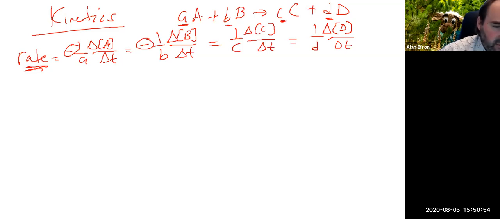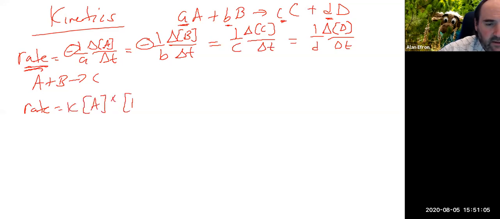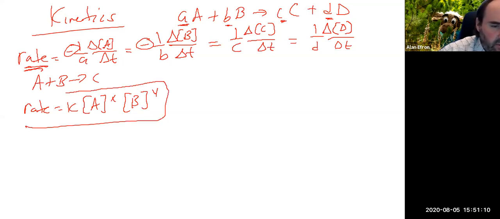We then talked about rate laws, and remember that when we have a reaction, say A plus B goes to C, we could write a rate law for it, which is K, A to the X, B to the Y. The first thing about rate laws is it is only about reactants, no products. Unlike up here, just reactants are involved. X and Y are the orders, which are the proportion that's needed to keep that rate happening. And these are always found experimentally,